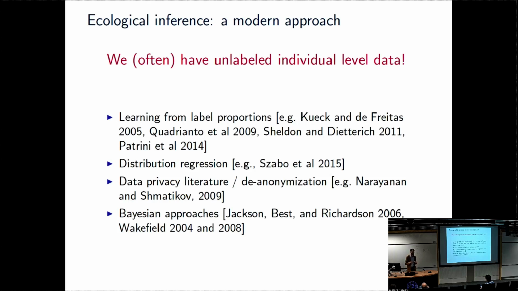This has connections with data privacy, as you might imagine. If we can de-anonymize in some way, then that would be a problem. And so there are questions about what the limits of this are. And then I mentioned this before, there are some Bayesian approaches that do actually exploit individual level data. And so I don't want to say that I'm the only person who's worked in this area. What we are offering is a new non-parametric method and a new scalable method. Whether or not you care about those things, I'll try to convince you that those are things to care about.